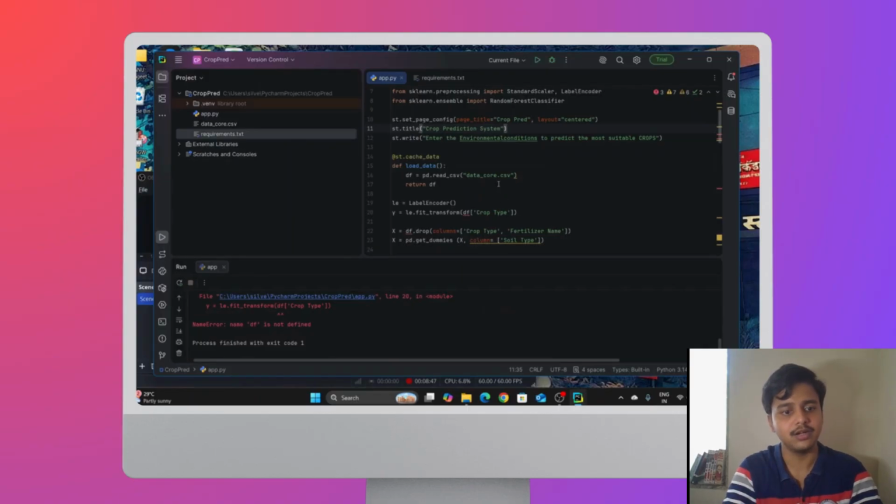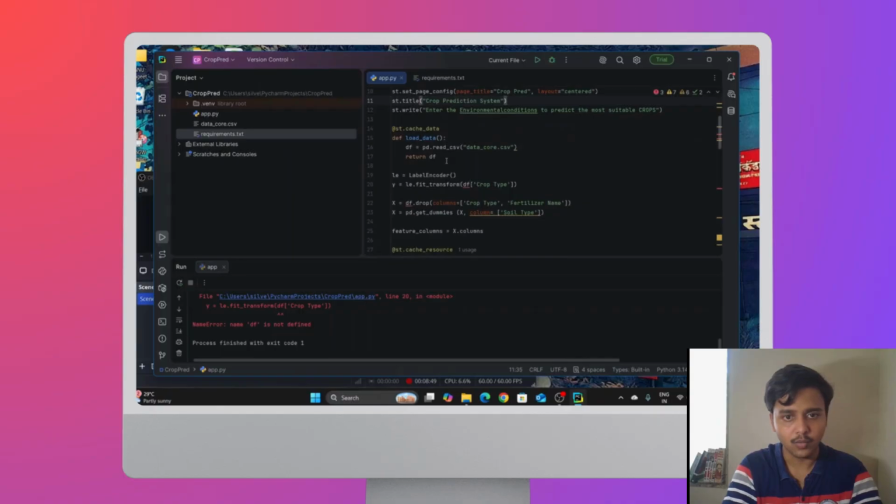Okay, that particular error has been cleared. Now we are getting this particular error here, which is df is not defined. But we had already defined the df.